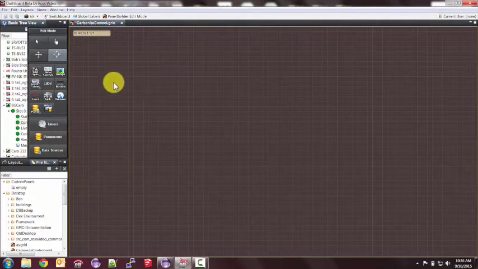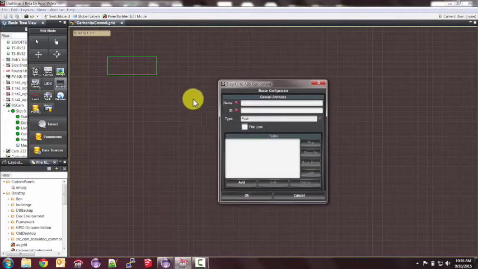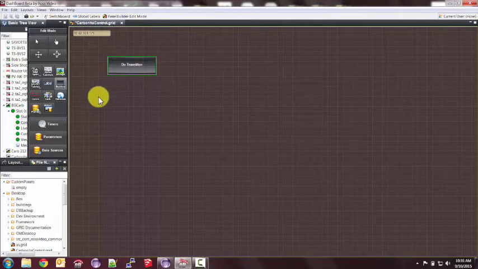In our custom panel, we're going to create a button that'll do our transition. So let's create it right here. We're going to give it the name Do Transition, and we're going to give it an ID, Do Transition. Always give your elements IDs. Now, when I hit this button, I want the Carbonite to do a transition. But we need a bit more information.